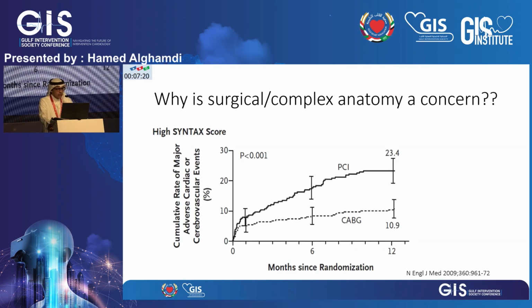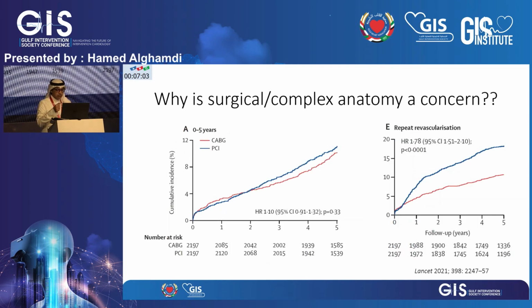Why are surgical and complex anatomy a concern? You can see from the infamous SYNTAX trial that the outcome in complex anatomy in a stable patient is very poor for patients who underwent PCI compared to CABG. And even when you look at the most recent